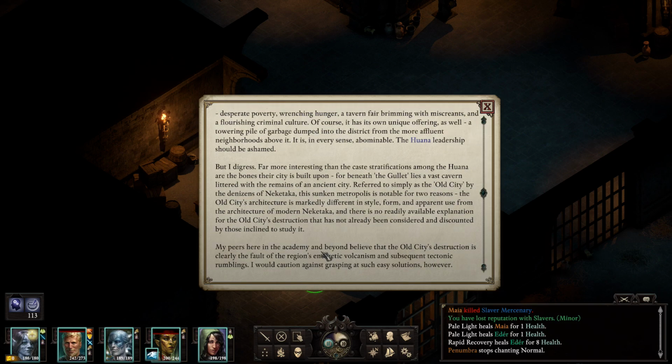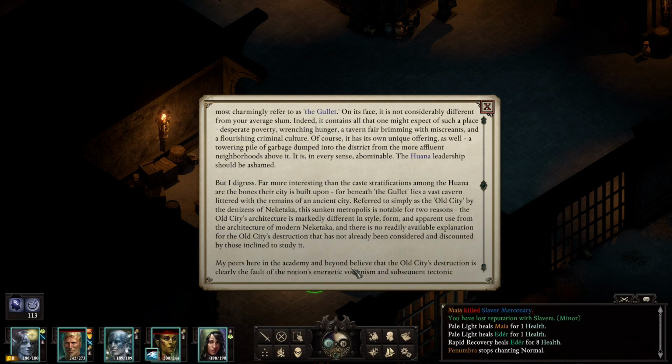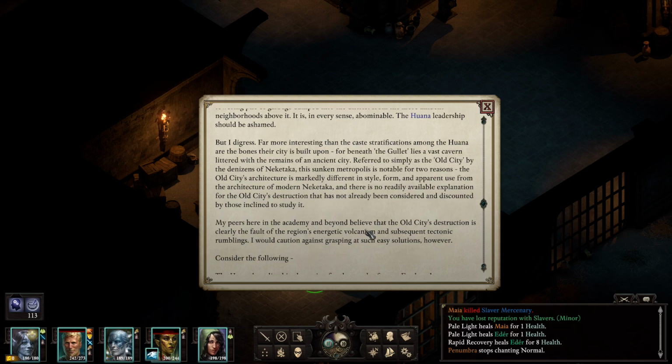This looks like an historical document in the world of the game. The thing that I'm gleaning from this recurrent theme of it not having an explanation is that later on the game is actually going to give us an explanation as to how the old city was destroyed, and I'm super hyped for that, because that is just thematically my stuff. I like that a lot. Old cities, I like that. It's good. Anyway,